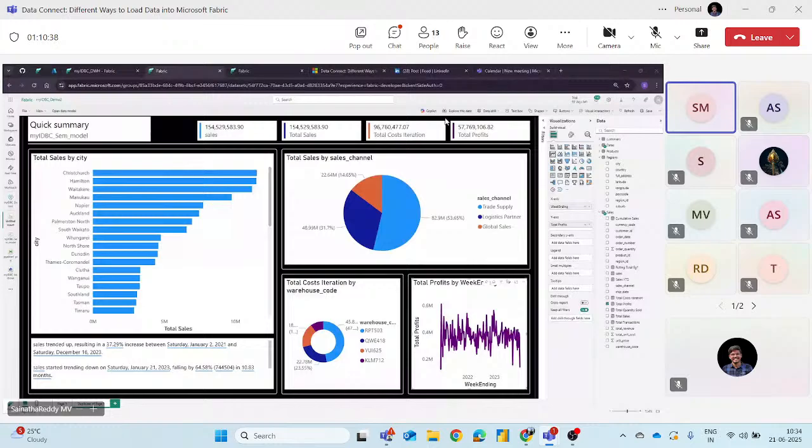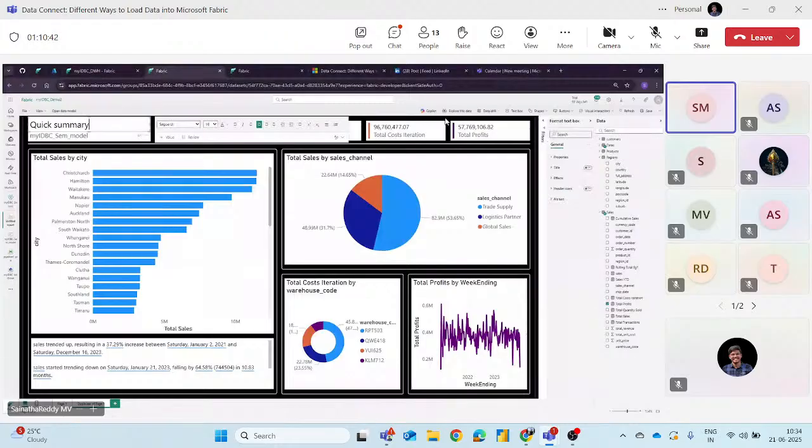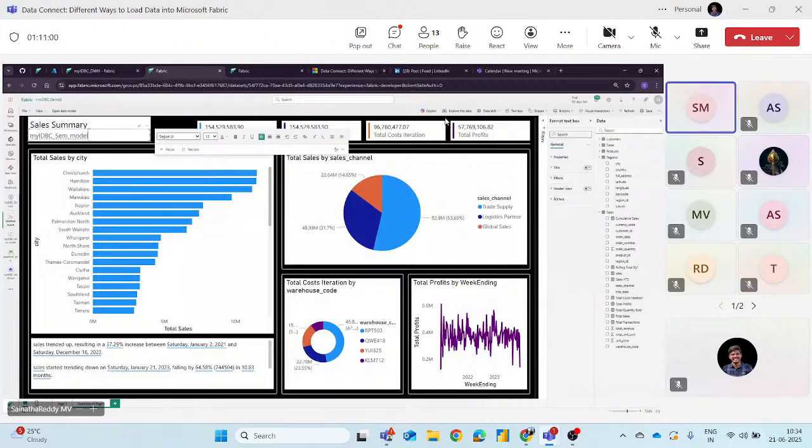Let's see. Okay, I think we'll change this as a sales summary, right? This is the sales summary we are taking. Sales summary, semantic model.